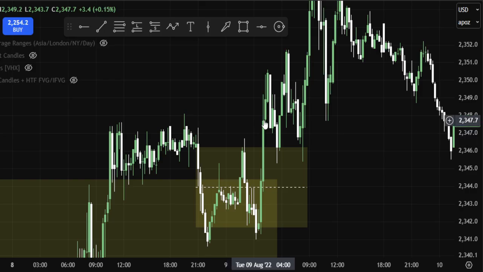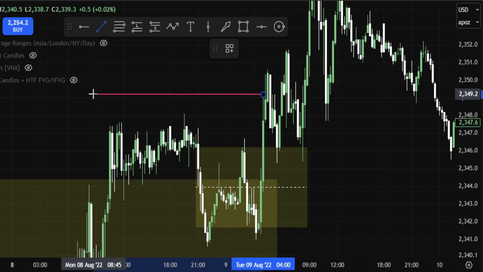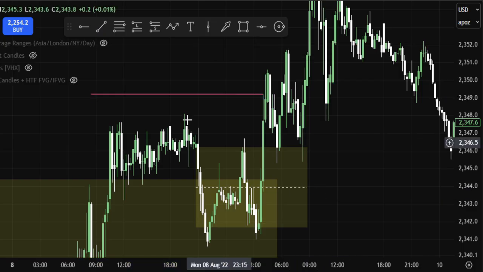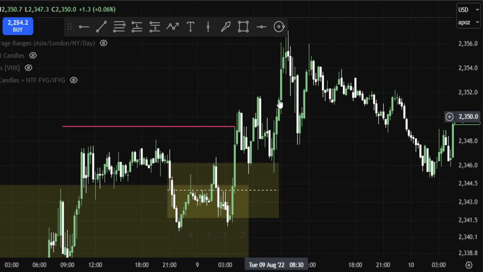Because this was a large displacement candle, some might have wanted to wait, especially because what did we do? We cleared out the prior liquidity to the left of us. So you would have wanted to wait because this could have potentially gone down. But again, as you see, we continuously respect this new fair value gap that we created prior to the move